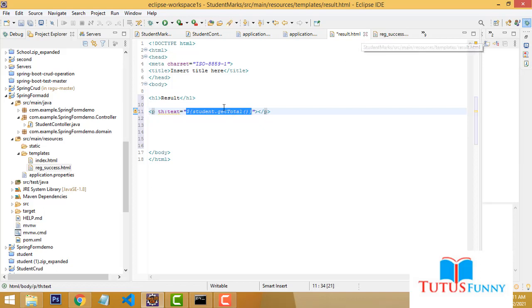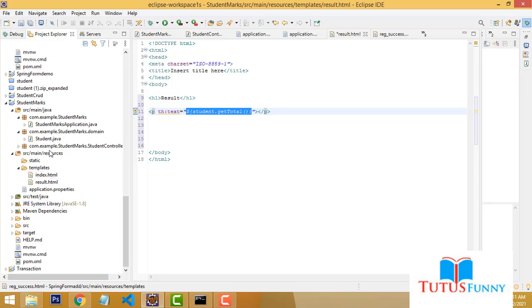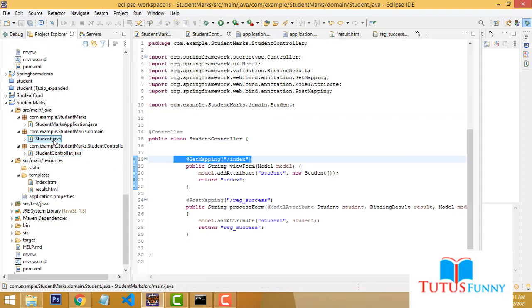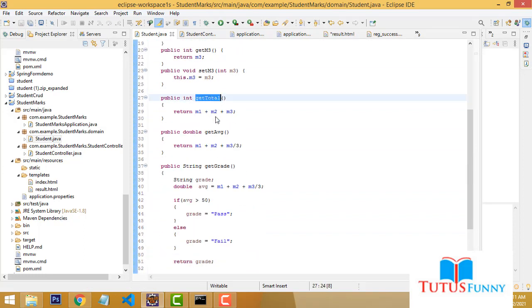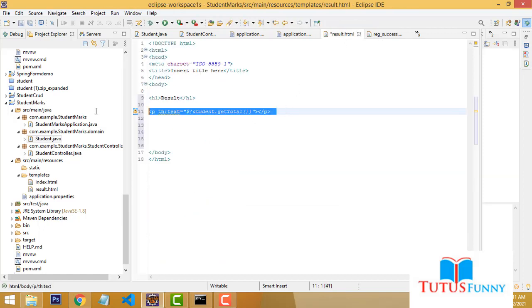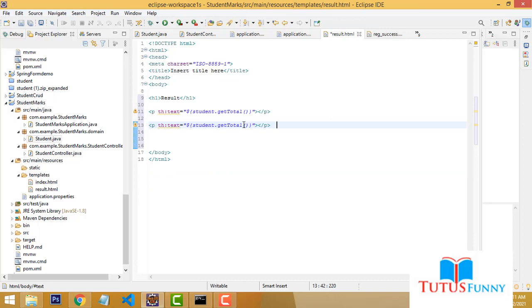These methods we have to put here in the student class: get total, get average, get grade. First get total, second get average, and get grade.